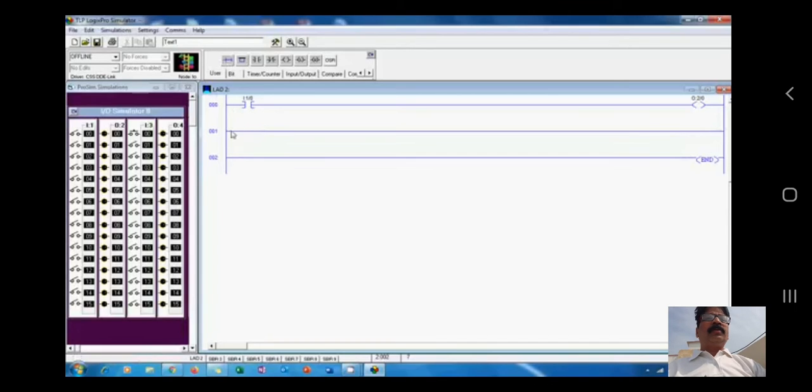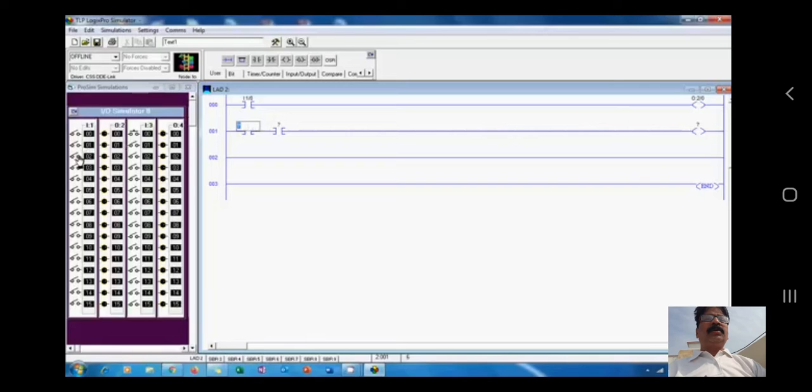Now we'll take one more. We'll try to develop the AND gate. For that, we'll require two NO switches that can be dragged. One more, and the output. Now we'll give the addresses to these switches.